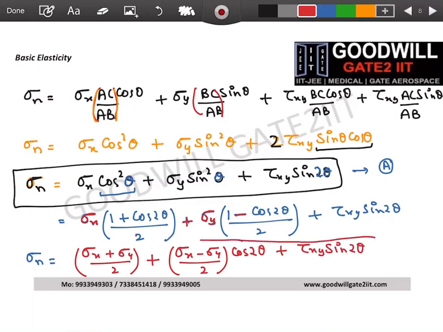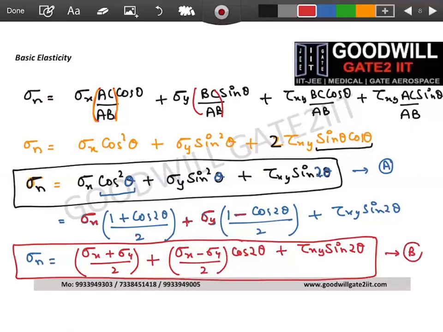I really emphasize this, guys. This equation should be memorized. This is the equation which will help me to solve many of my GATE numericals. Is it fine? Is it clear? I need your response on this, guys. This is the only one formula for calculating stress on any plane, whichever plane they ask, if I know my conventional